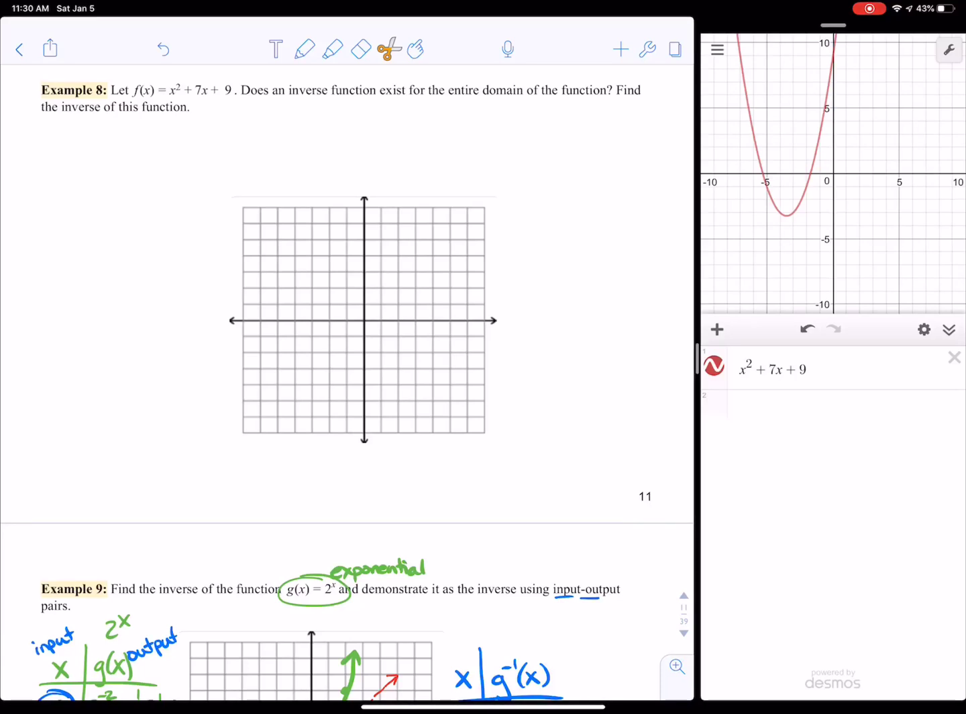Let f of x equal x squared plus 7x plus 9. Does an inverse function exist for the entire domain of the function? Find the inverse of this function. So what I have done is I've gone ahead and typed it over here in the right side of the